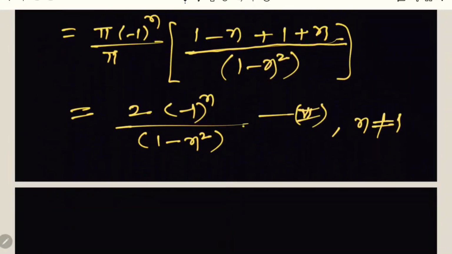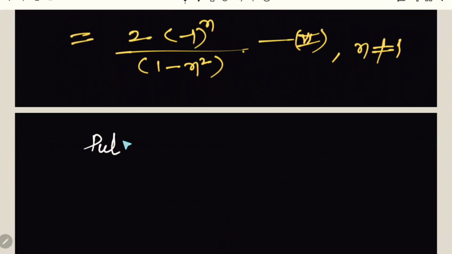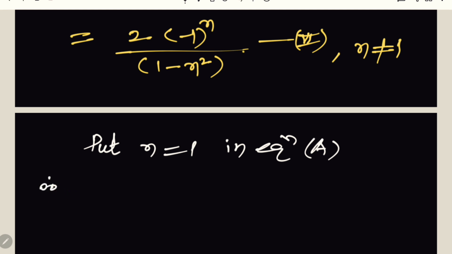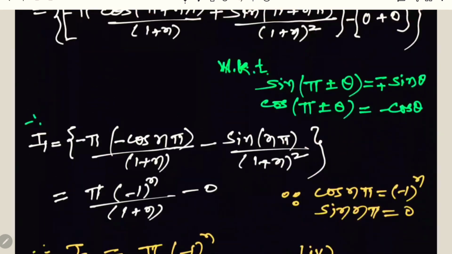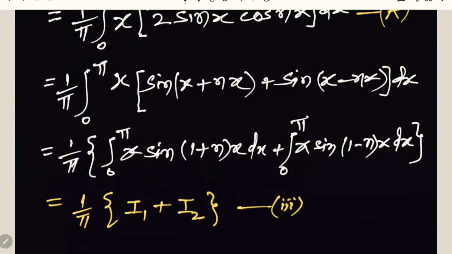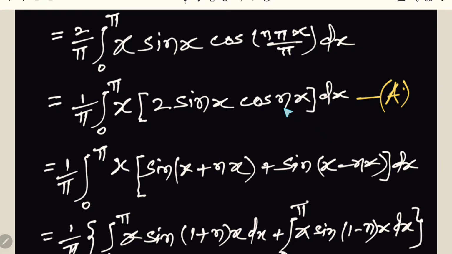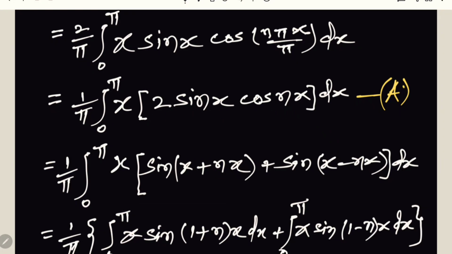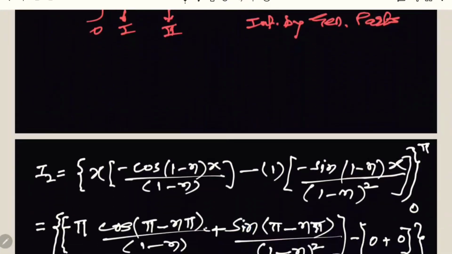And then put n equals to 1 in that equation A. We get the value of A1 separately. See, this is that equation A. Therefore, when we put n equal to 1, we get 1 by pi